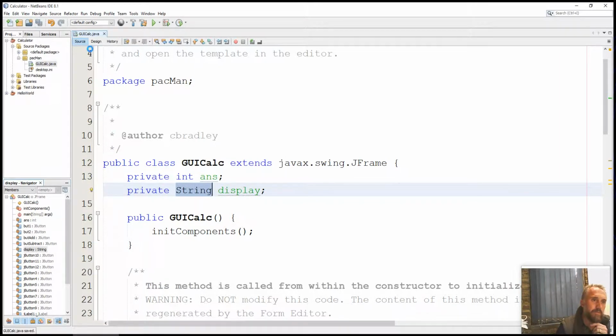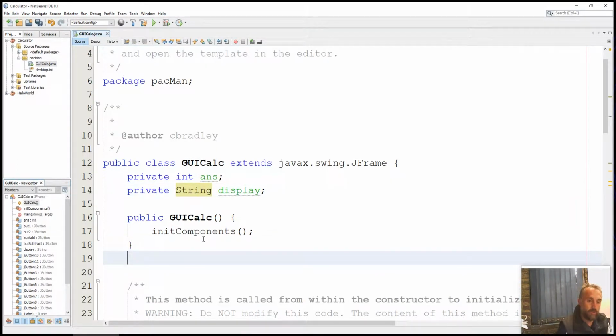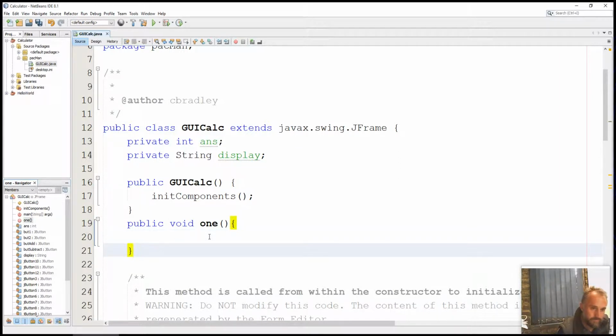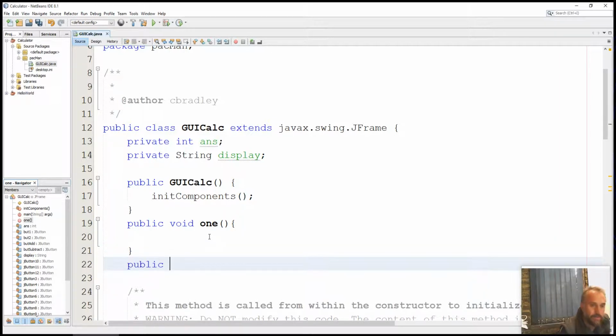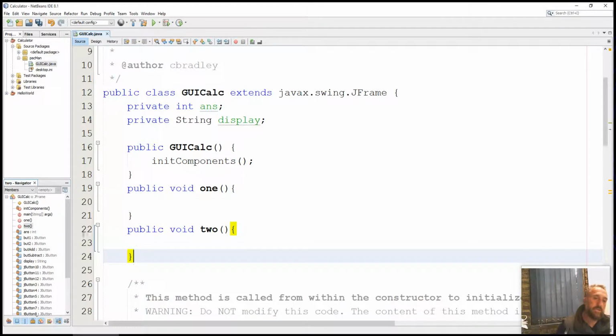Now, what do we want to happen? If we look at this, let's just start off with the basics. When the user presses 1, 2, 3, whatever, we are wanting it to increment that number into the display here. So I go to my source and we know we've got a couple of buttons. So what we're going to start off by doing is creating a method, so public void but1, or let's just call this 1. Why not? I'm going to create another method called 2, and so forth. I'm not going to pause the video while I create the other ones for these, but this